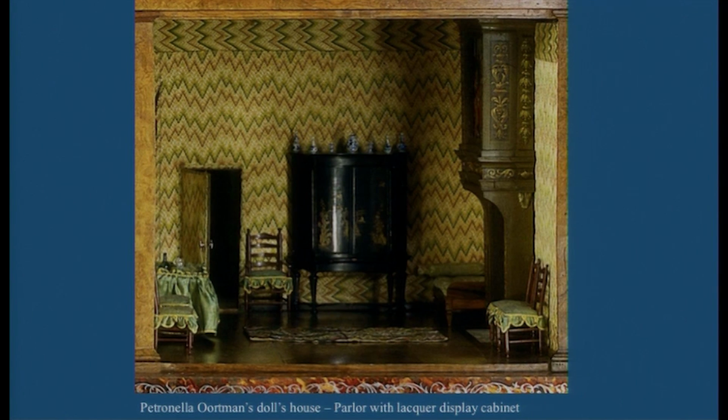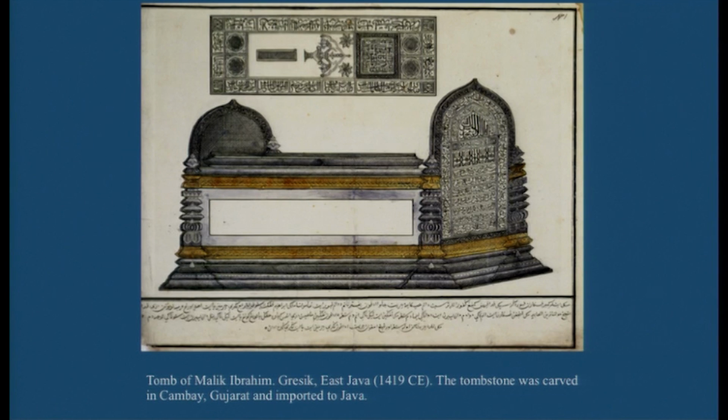Ships need ballast to travel on an even keel, and this was provided by wood, grains, occasionally even by tombstones. In fact, there was a thriving trade in tombstones coming from northwest India, Gujarat in particular, where in the town of Cambay, there were workshops that specialized in the production of these stone monuments. And I am showing you here the tomb of Malik Ibrahim from Gresik in northern Java, who died in 1419,